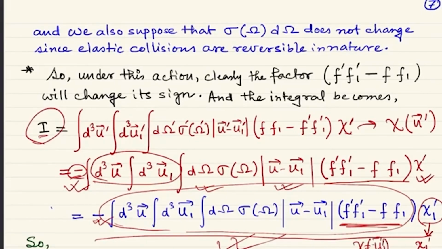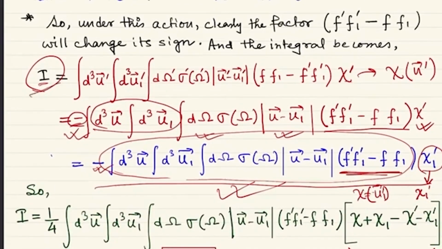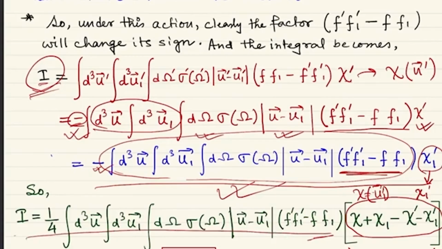So finally, as all of them are equal to I, you can write I is equal to 1/4 integration d^3u1 integrated over both the spaces, integration d omega sigma omega modulus of u minus u1 (f' f1' minus f f1), times this factor chi plus chi1 minus chi prime minus chi1 prime. You see in the deep green color the total expression,